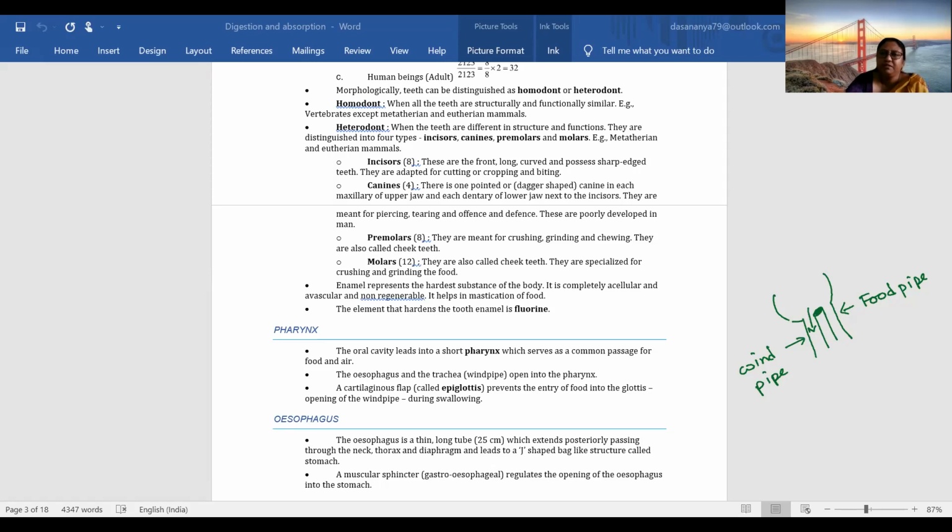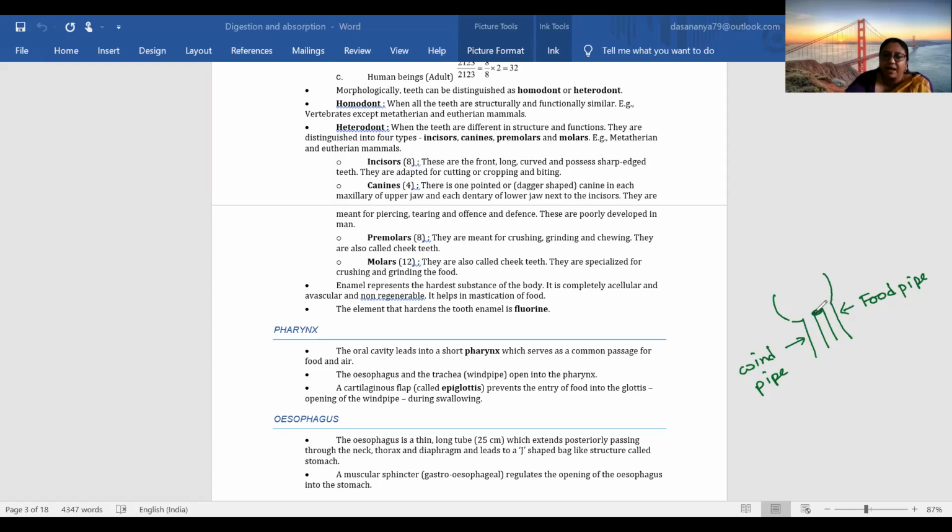But one question might come into your mind: then it should happen that food is always coming out, and we should always be coughing, because how is it possible that 2 pipes are lying side by side, and only in a few cases we are having such a cough to throw the food outside? Here the role is played by a flap which is called the epiglottis. So what is the role of this epiglottis?